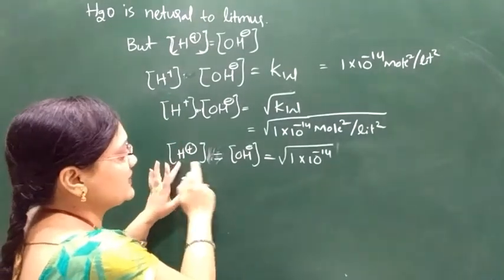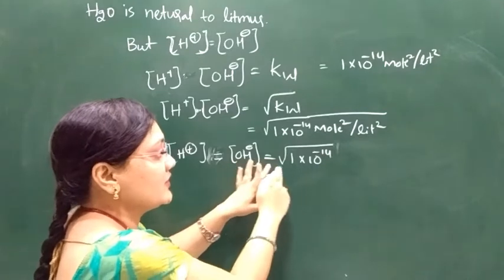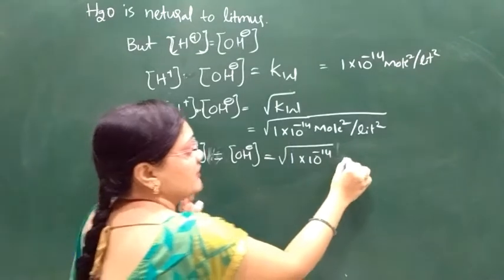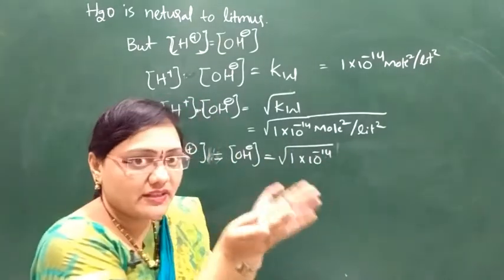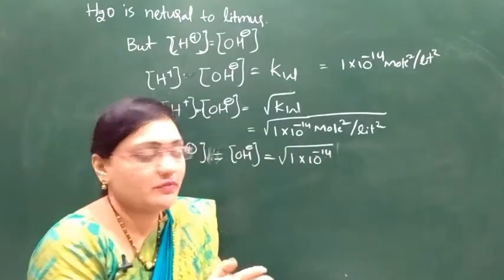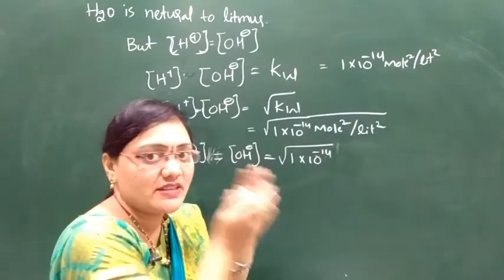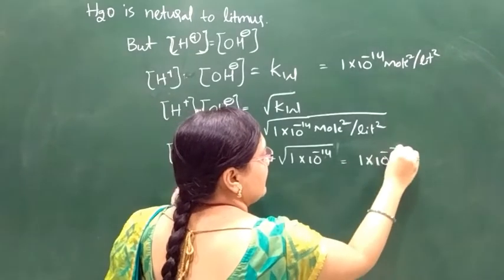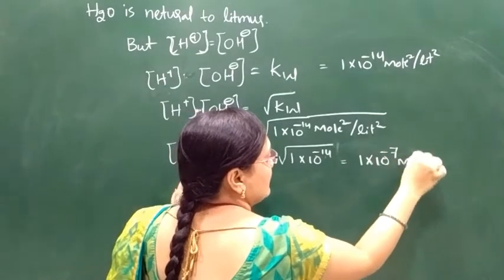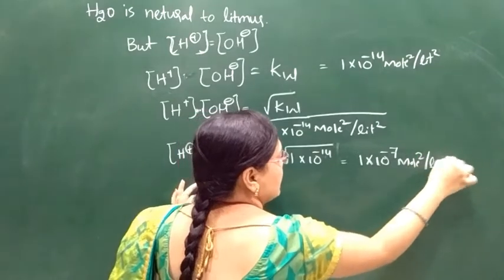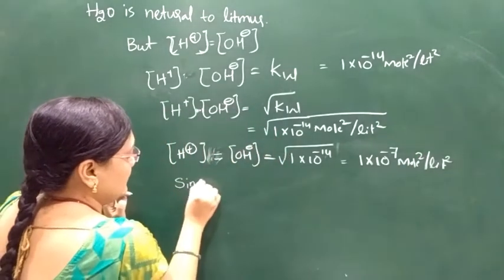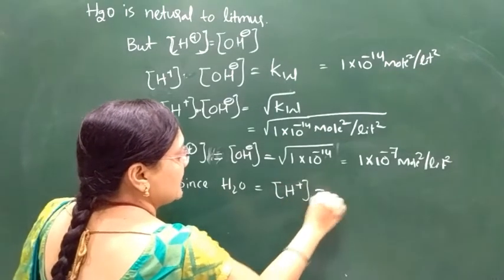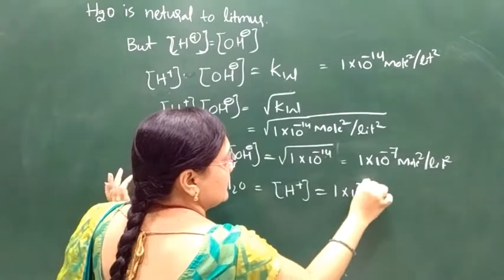The concentration of H plus ions equals the concentration of OH minus ions, equal to the square root of 1 into 10 to the power of minus 14. The root of minus 14 gives minus 7, so the concentration of H plus ions and OH minus ions is 1 into 10 to the power of minus 7 mole square per liter square. So in water, the concentration of H plus ions equals 1 into 10 to the power of minus